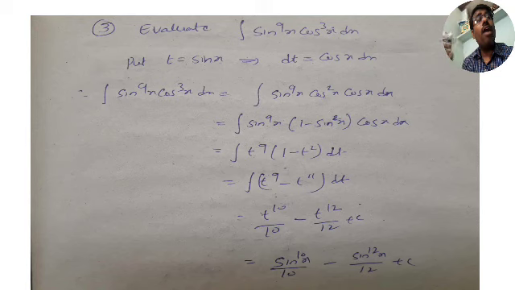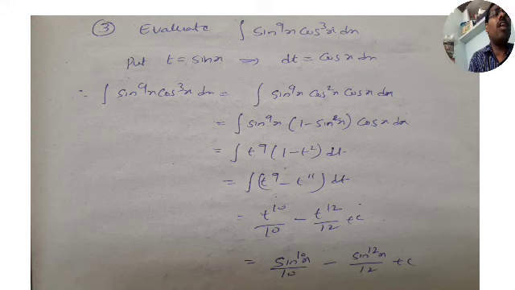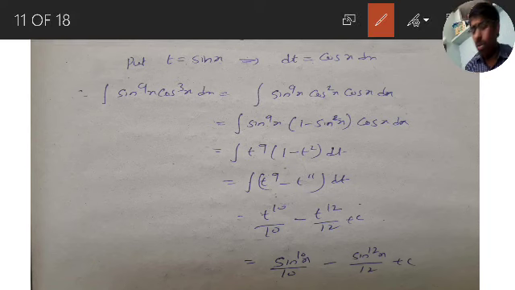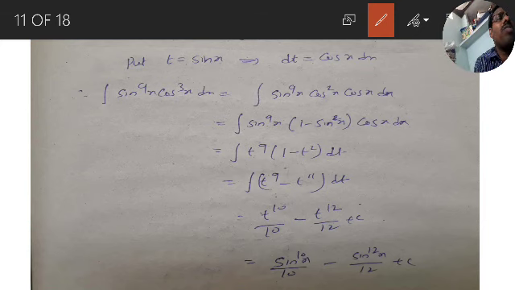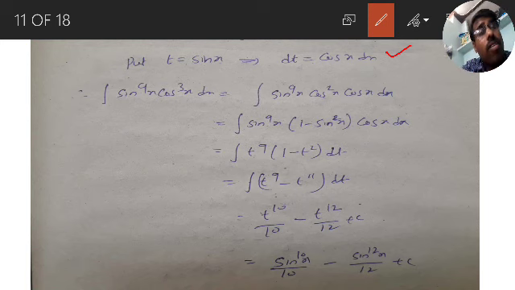So here, 9 and 3: sin power is 9 and cos power is 3, and sin power is greater than the cos power. Both are odd numbers and sin power is more than the cos power. Therefore put t is equal to sin x. That's it. Once you know the substitution, more than 90% of the problem is completed, it is in your hand. So we put t is equal to sin x; the derivative of sin x is cos x. So t is equal to sin x and dt is equal to cos x dx. Now let us go to the problem.